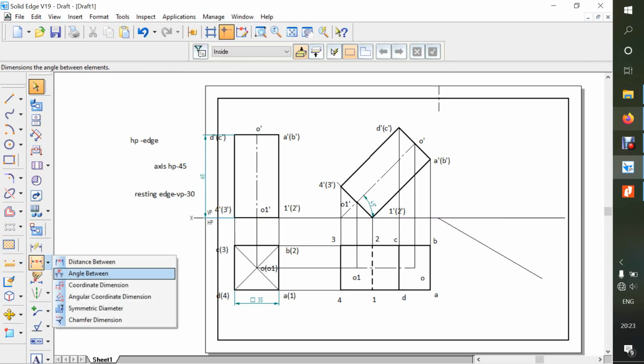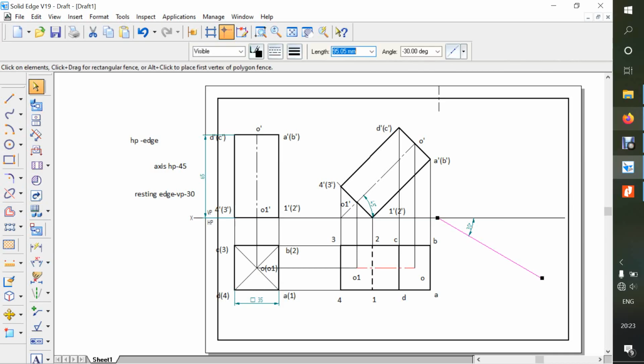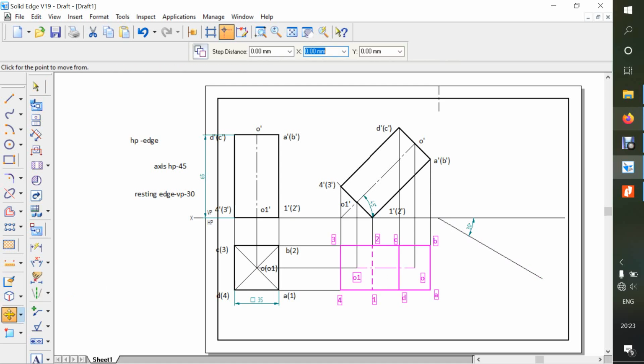So now you go to the angle between and measure this angle. It's 30 degree. Okay, so now on this one you should place this square. So go to select and select this square. Okay, so go to the move command. We want to retain the original, that is a copy move. So now the resting edge is 1 to 2. You select any one corner, that is either 1 or 2.